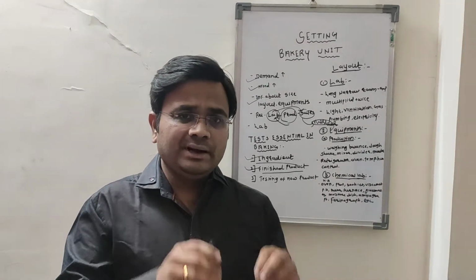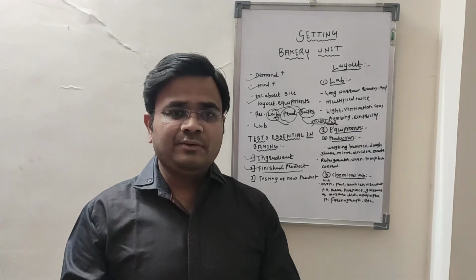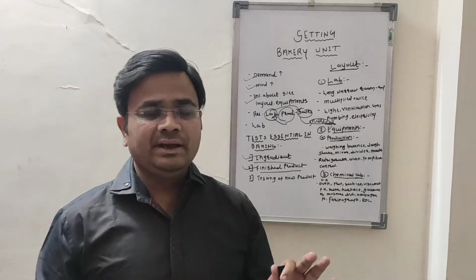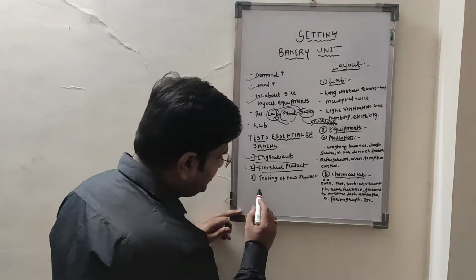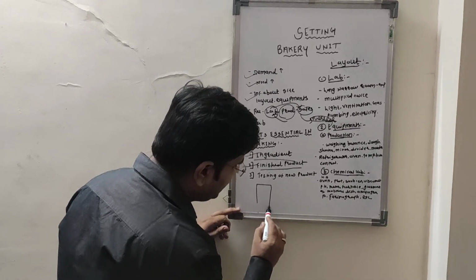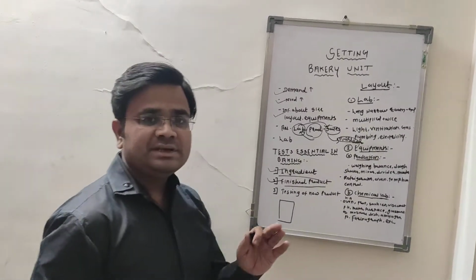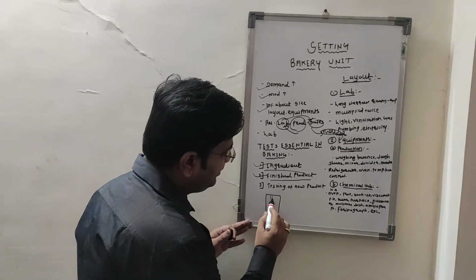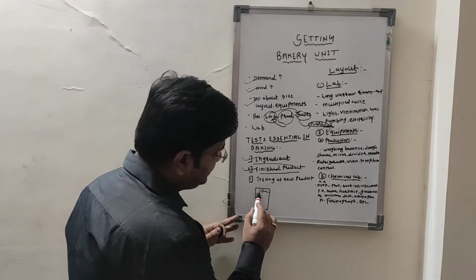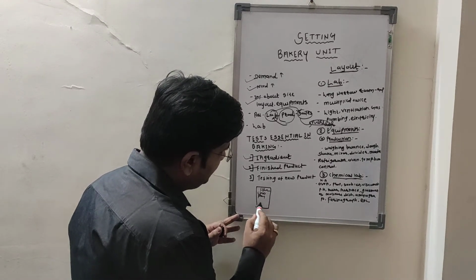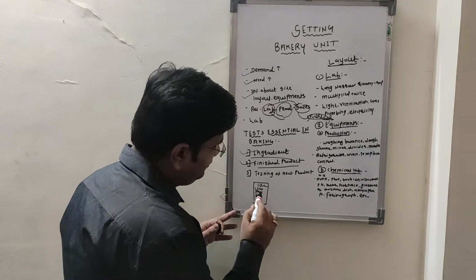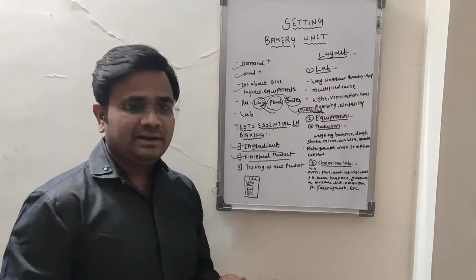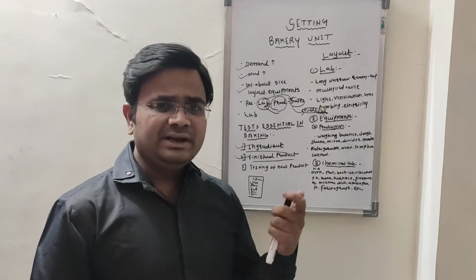So after making the product ready, certain tests are performed on that particular product. If you see any packet of a bakery product or snacks, you will get certain information provided on the label. That information describes the content of the product per 100 gram, like carbohydrates, proteins, fat, energy value, and vitamins. All these are described on the label.